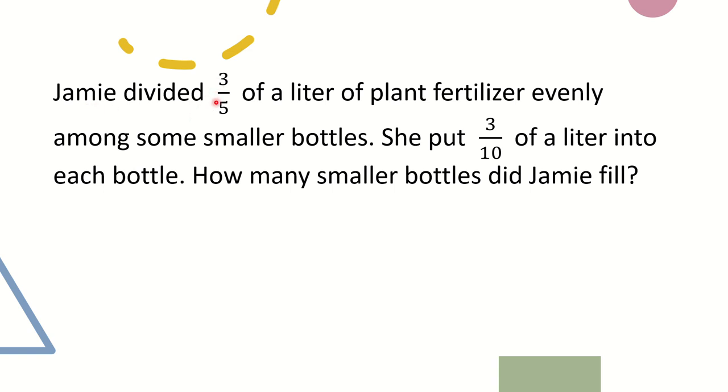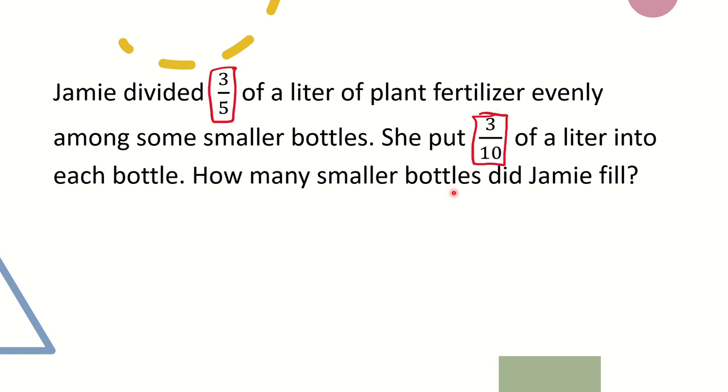Jamie divided 3/5 of a liter of plant fertilizer evenly among some smaller bottles. She put 3/10 of a liter into each bottle. How many smaller bottles did Jamie fill? So just like we did on the previous problem, let's circle, underline, and box in our important information that we need to know. So let's box in my important numbers: 3/5,